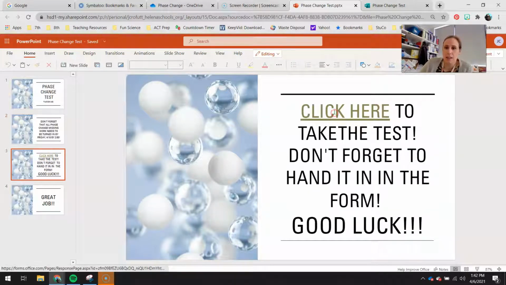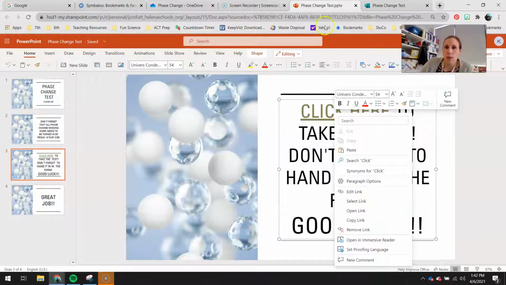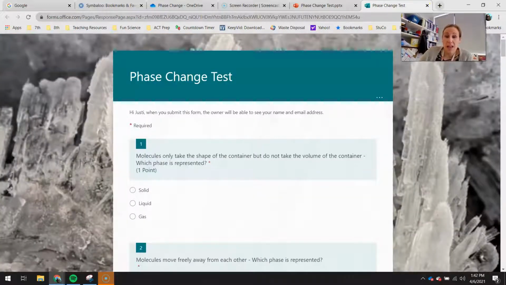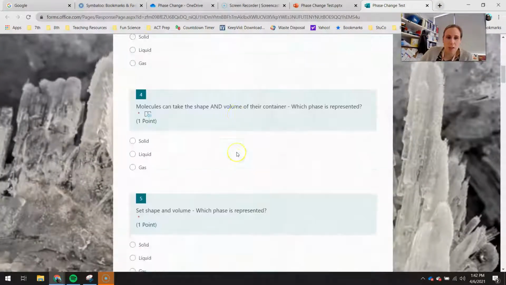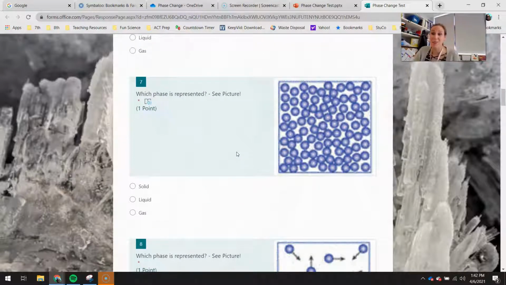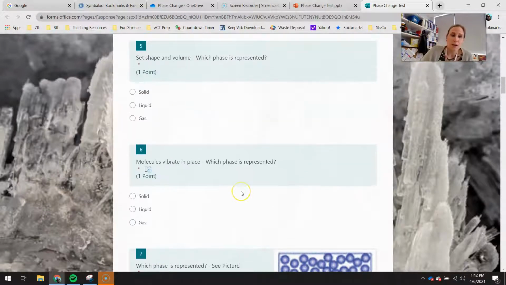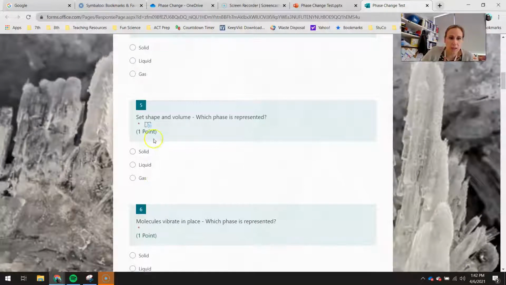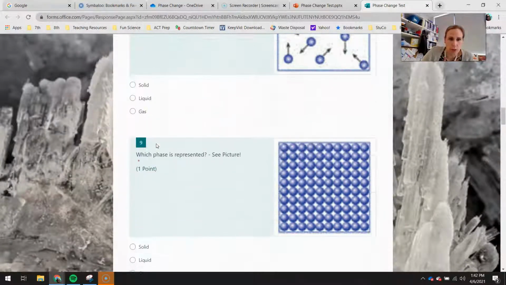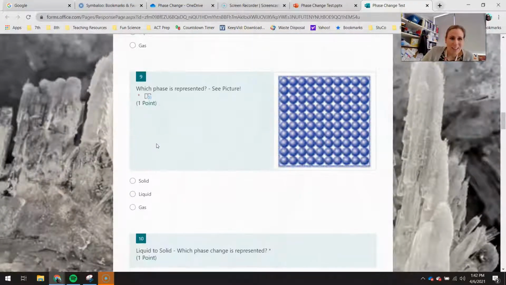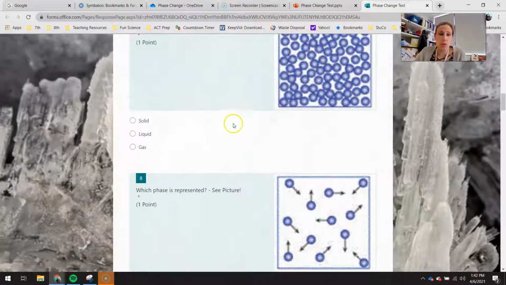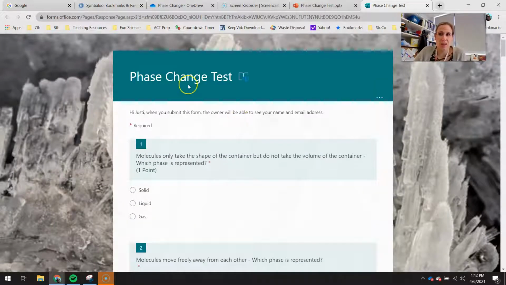Here's your guys' link to the test, so go ahead, right-click that, and open it up in the form. You guys will notice that most of this is multiple choice, so you should have some immediate feedback on these. Okay, the first couple answers, I think 1 through 9 are all kind of the same question